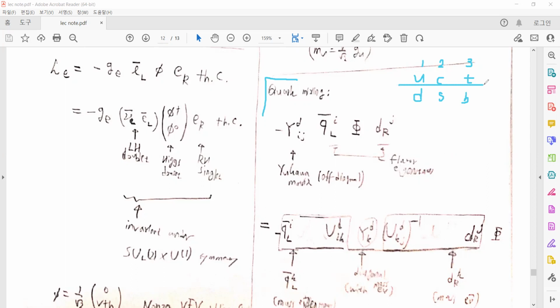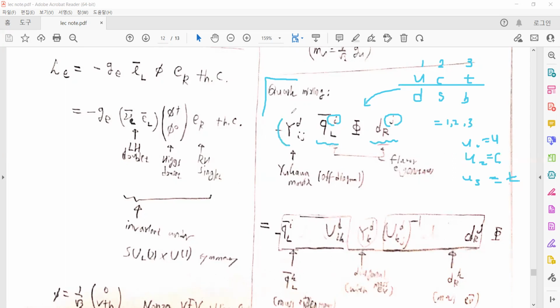We can give the index for each generation as i and j, equal to 1 to 3. So for example, U1 is just u, U2 is just c, and U3 is equal to t. So there are such generations for the left- and right-handed singlets respectively, and we